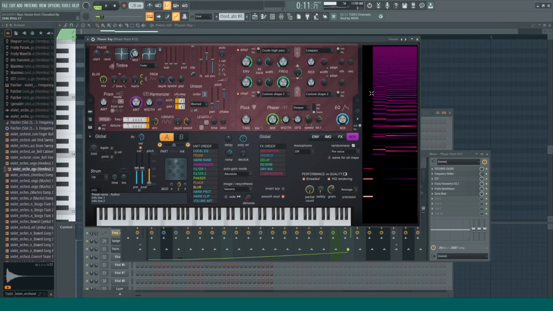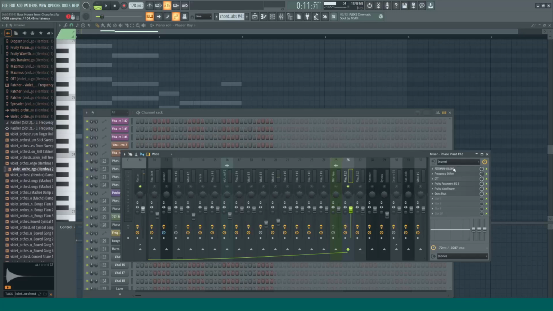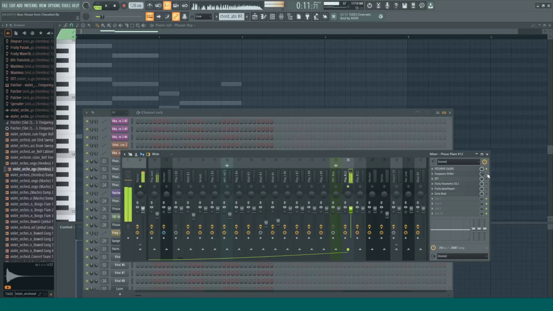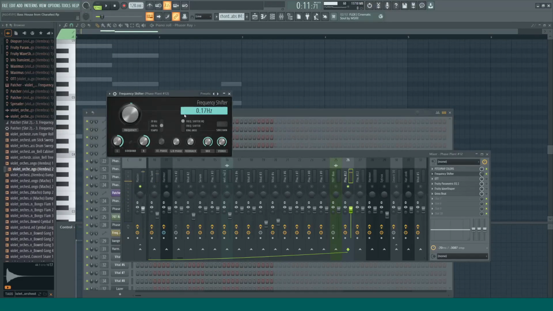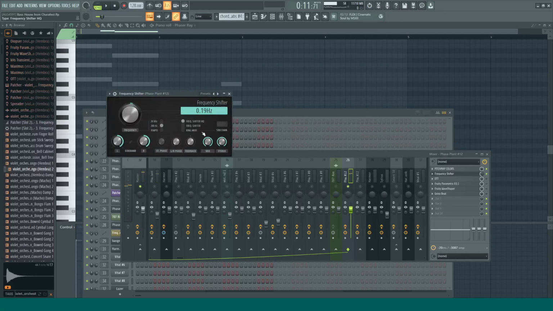Right, it's a phasor array I made a long time ago. It's a technique I got from AE5 as well, where you have the phasor on deeper, the speed kind of there, and then it has this, right, it kind of has that kind of thing to it. Then I pitch map it, so now we get... Then I have this frequency shifter. And the thing about a frequency shifter that is mixed in only slightly, or I guess about halfway, is it causes this effect